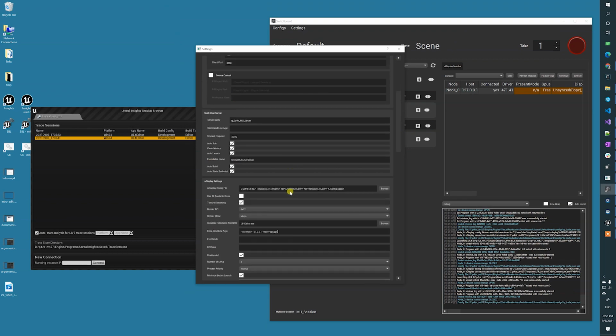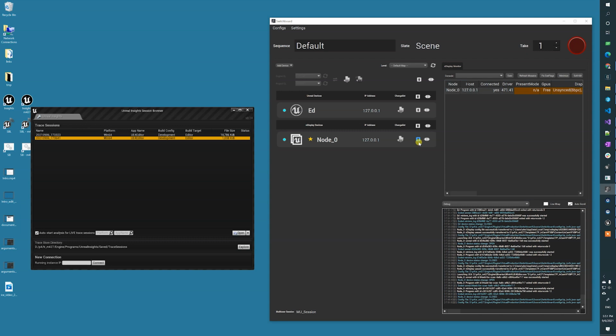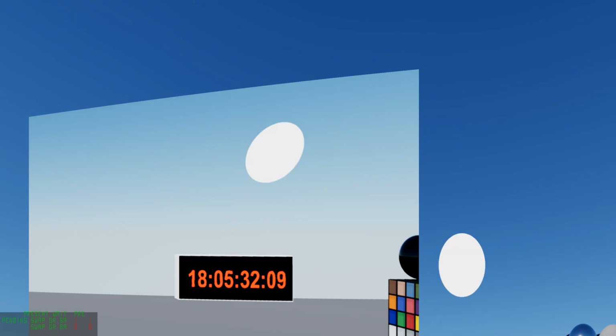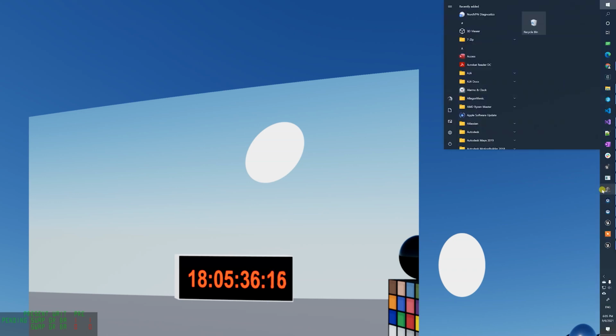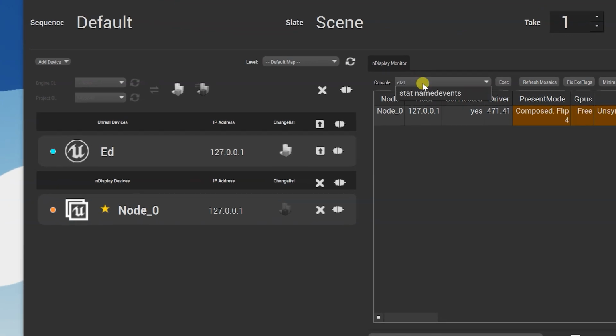So we're just going to leave this as it was without the stat named events. We're going to launch our cluster, and we're going to let it run for a few frames. And we're going to start named events by sending the command from Switchboard, so all the nodes would get it if we were running a cluster with more than one node.